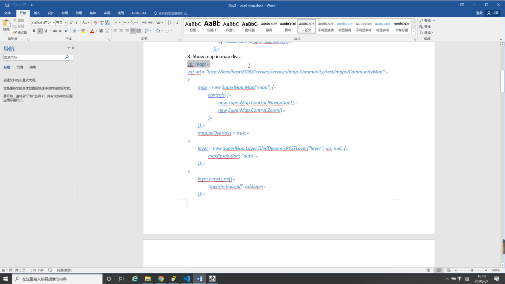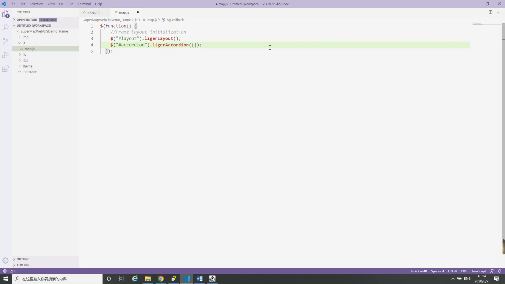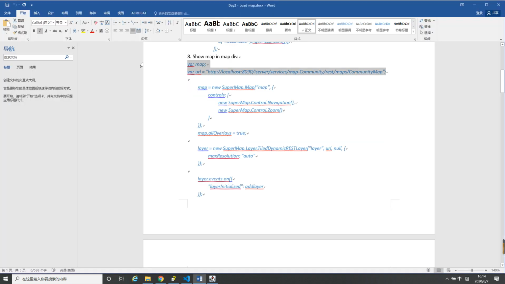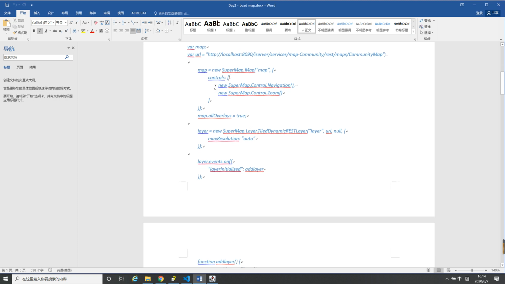The first, we should define a variable, map, and URL, to store the map service here. Here we define them as global variables, and then we're going to